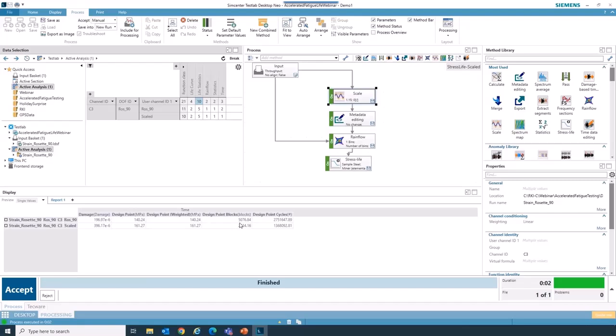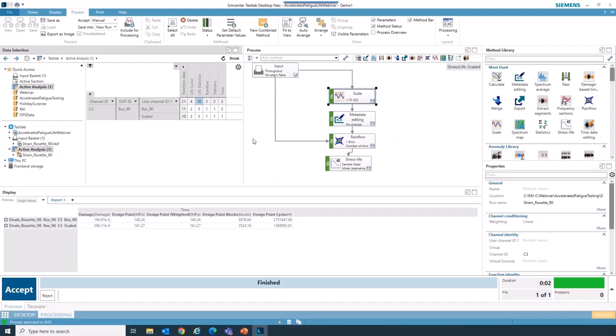With the original trace, it said you have to repeat that about 5,000 times for failure. For the scaled one, with the amplified 15% increase in loading, it requires 2,500 blocks. So you can see that it reduced from 5,000 to 2,500. That is the 50% reduction in the cycles or the time for testing. That's what I'm talking about. A 15% increase in load for this material produced a 50% reduction in the cycles to failure. You can easily determine that based on the measured time history using this rainflow calculation and this stress life method. That can very easily be done in our software called TestLab Neo.